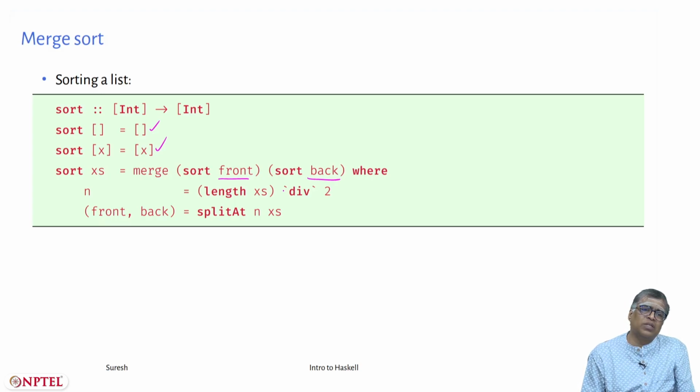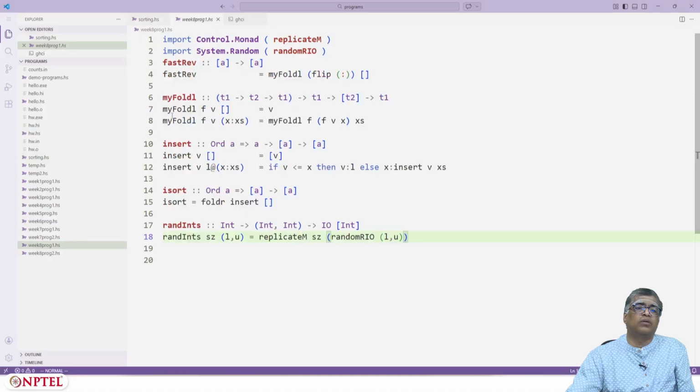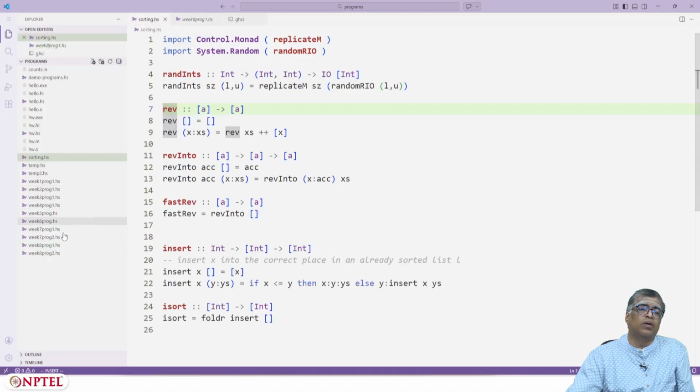Let's actually program this and run this to see how it works. I will now switch to VS Code, and I will copy this from something else that I have written to save time.